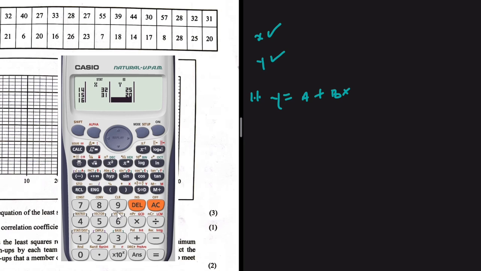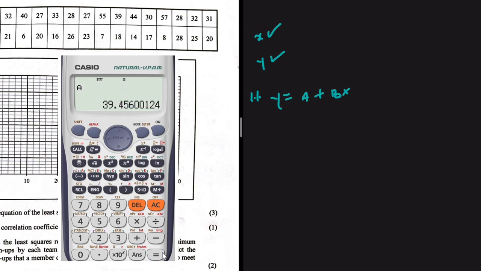So we've entered our data. I press equals, and after that I can press AC. Then I press shift 1, and then I press 5. That REG, I think it stands for regression. When we press 5, we have our variables. You can see we have A and B. So when I press 1, in order to access the value of A, and then press equals,